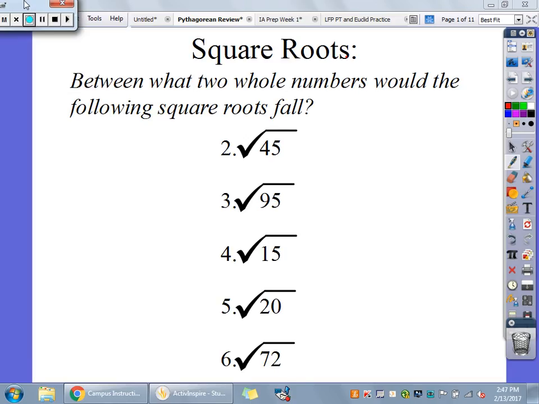Okay, so basically today's flip chart was just a review so that tomorrow when we do the CFA, you're ready. So basically, what two whole numbers would the following square roots fall between? So I think one of the PDFs that's on the website is the square root sheet. And so if you look at that sheet,